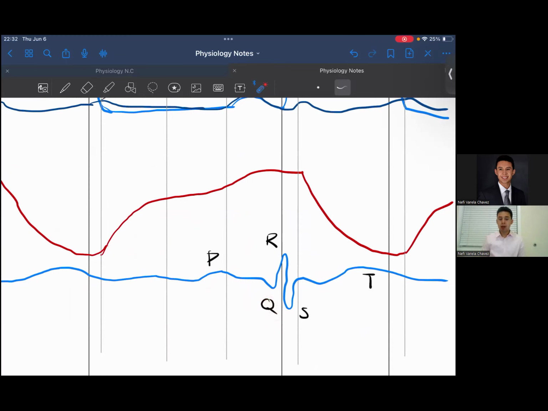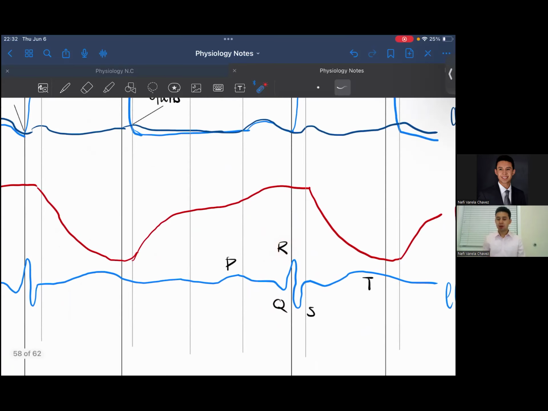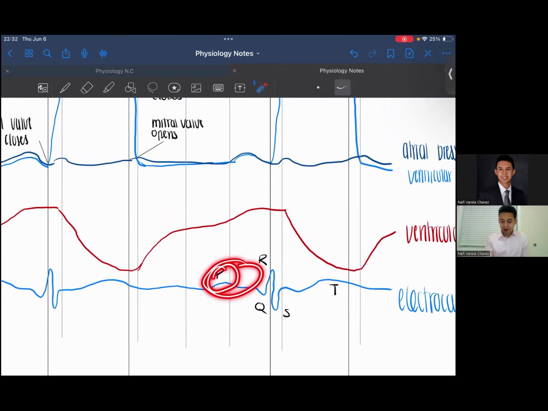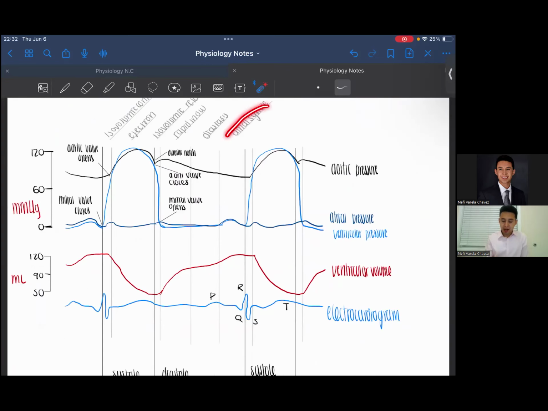Q is going to be the depolarization of the AV node, the bundle of His. Then in R, we're going to have this depolarization of the septum and the endocardium. S is going to be the depolarization of the ventricle, and T is going to be repolarization. And look at this. Can you see how they are related? So here we have this phase that is the atrial systole, atrial contraction, that is going to be related with